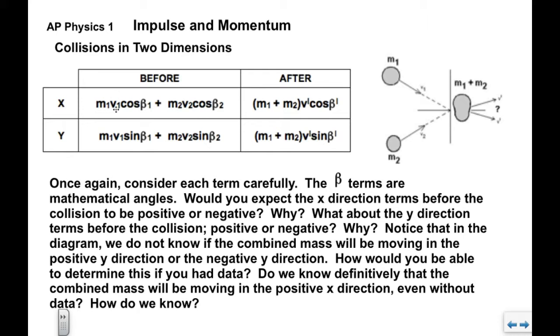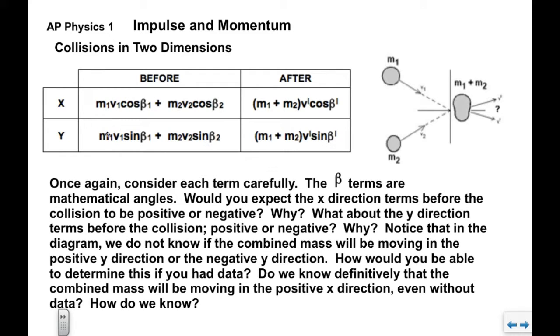That's m1's momentum before. Cosine indicates the x component. We've got m2 v2. Cosine indicates the x component. Would you expect these to be both positive? You look at the image, they're both moving to the right initially, so we would expect them to both be